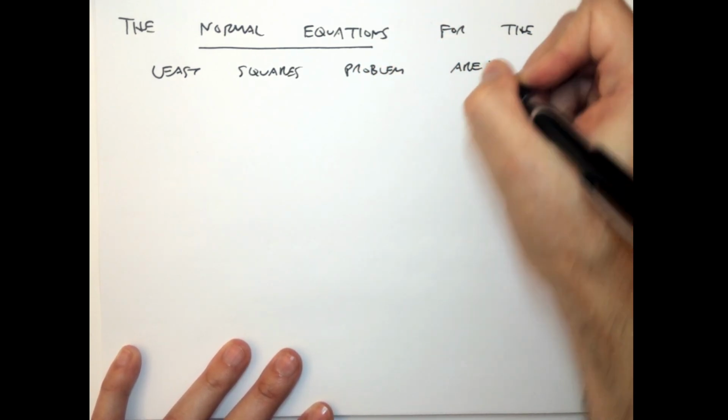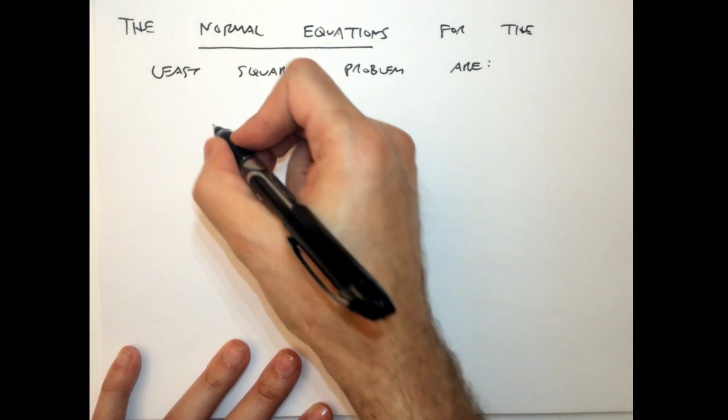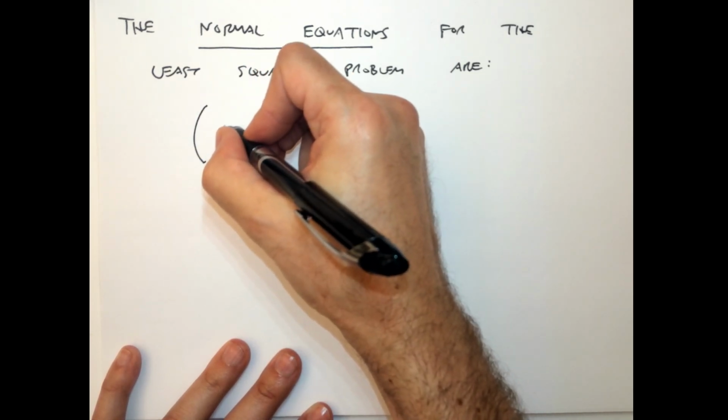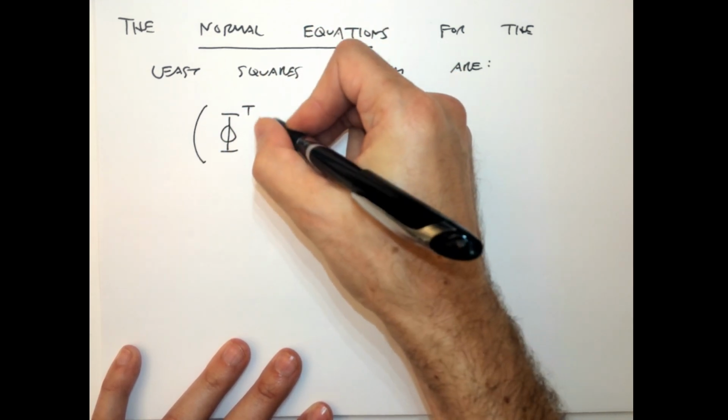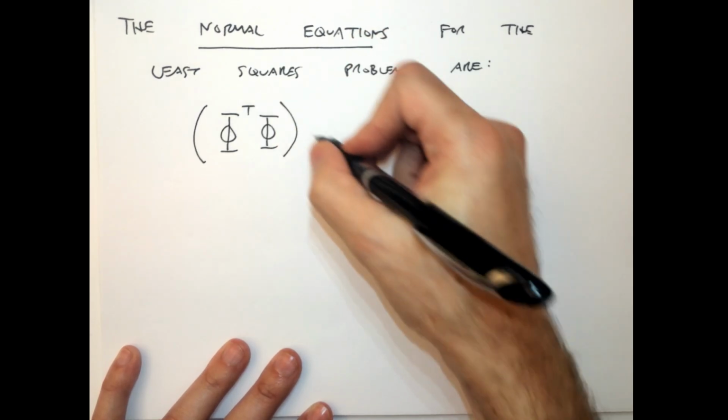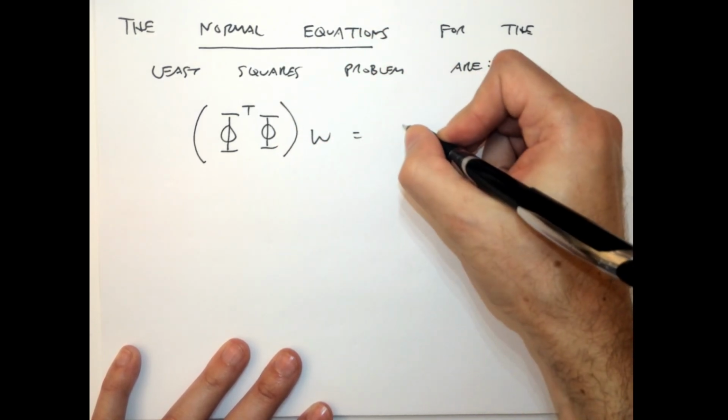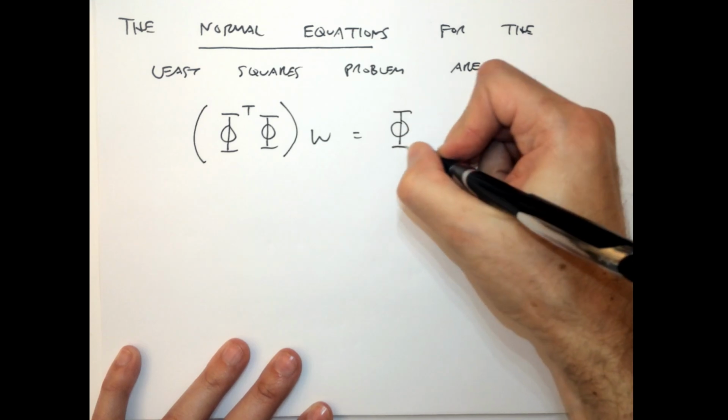Basically I have this design matrix, so I have this thing times this thing